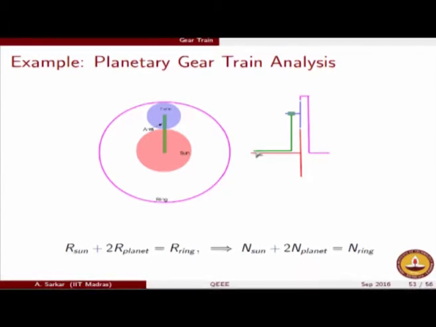If I want a certain gear ratio, I will engage the clutch in a certain manner. If I want another gear ratio, I will engage the clutch in a different manner, and this is exactly what happens when you have something like a conical clutch arrangement in your automatic transmission. Depending upon the speeds, different clutches are getting enforced in different conditions.